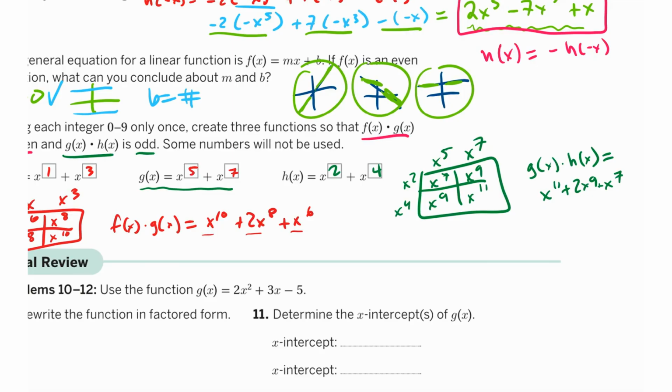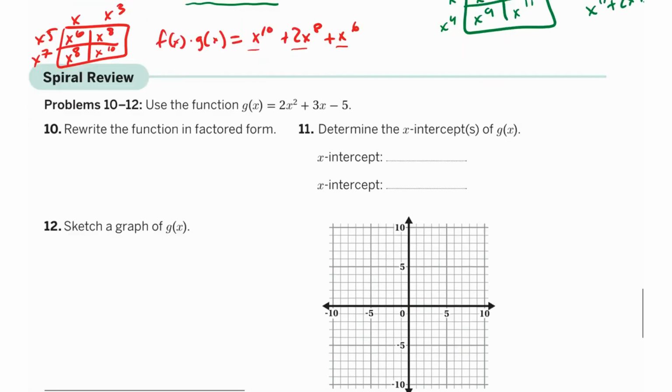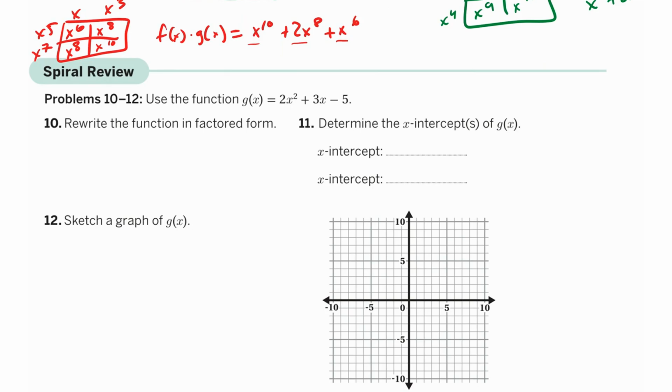All right, next up, we've got spiral review, problems 10 through 12. You use the function g of x equals 2x squared plus 3x minus 5. For number 10, we're going to rewrite the function in factored form. So I'm going to use my trusty box here. First term goes in the first box. Last term goes in the last box. I need to break 3x up into two numbers that multiply to negative 10x squared, which would be 5x and